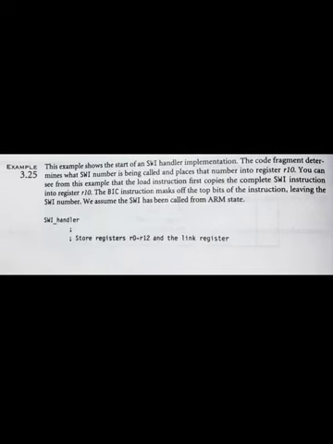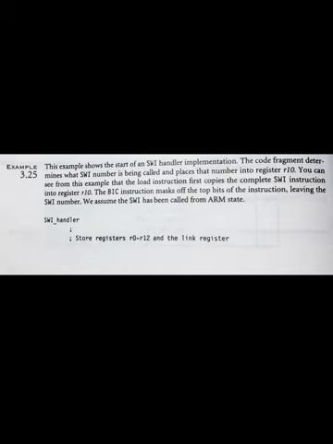Hence here the SWI instruction is the actual 32-bit SWI instruction executed by the processor. And this example shows the start of the SWI handler implementation.